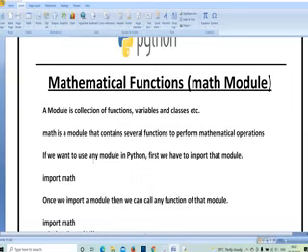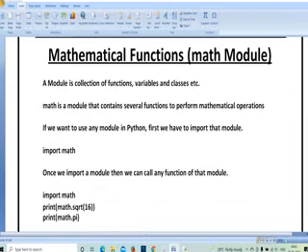You import that math module. The advantage is that you can perform different trigonometric functions, different logical functions, and so on. There is no limit. If you use the math module, you can do any type of mathematical operation in Python programming.